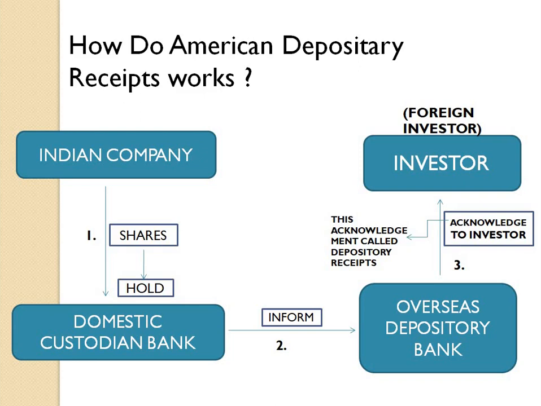So basically how ADR works. American Depository Receipts are stocks where investors buy the stocks from US banks that purchase a bulk of shares from a foreign company through a custodian bank in the home country. The US bank then bundles the shares and reissues them on the New York Stock Exchange.